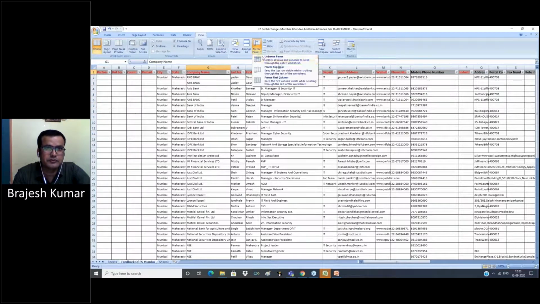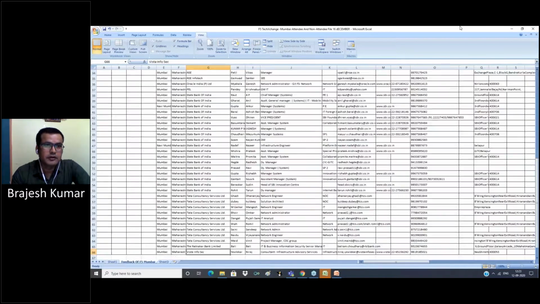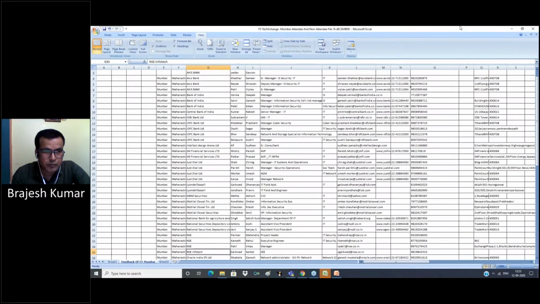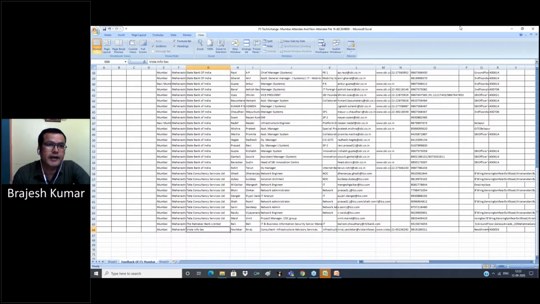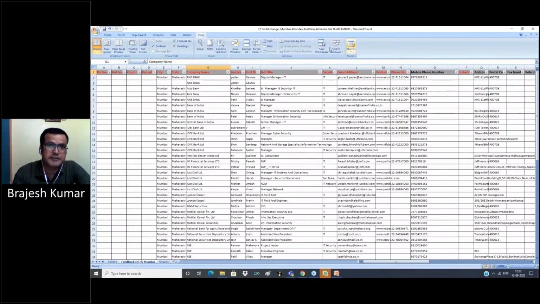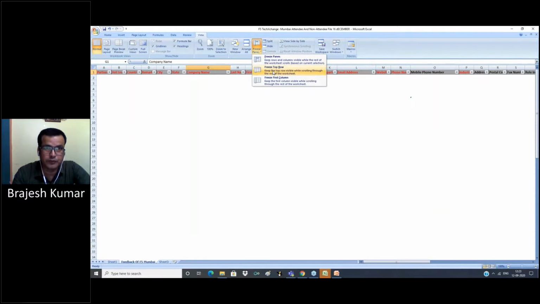Now View. Now we have a number of data rows. When we scroll our cursor downward, the first row hides and we can't recognize the column name of this row. So for this we use the Freeze Panes option. Here we can select Freeze Top Row.